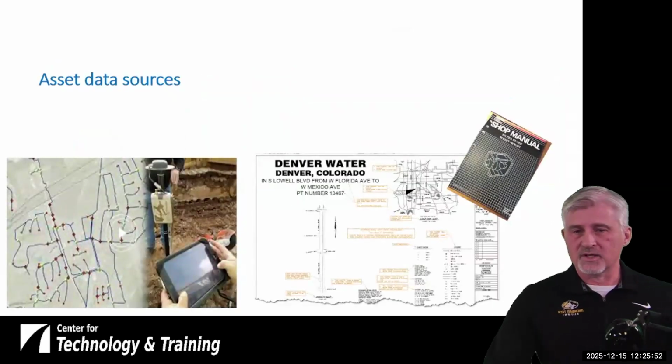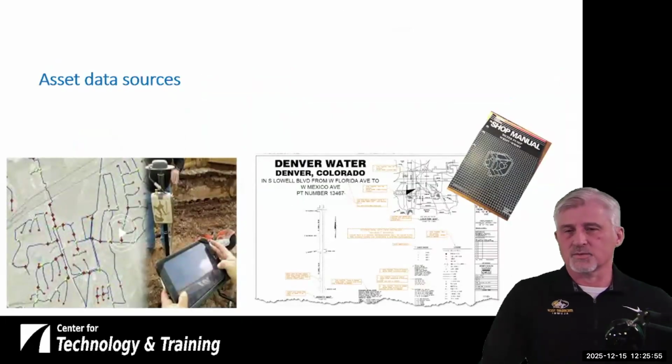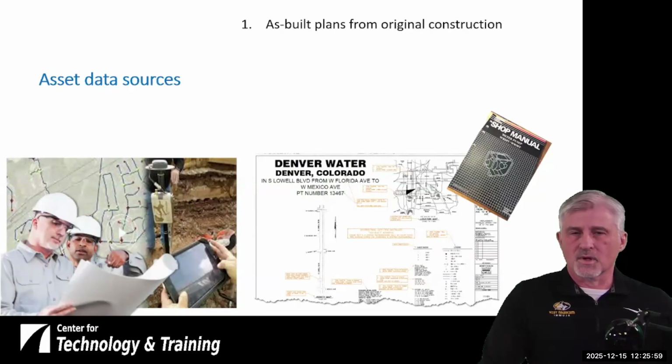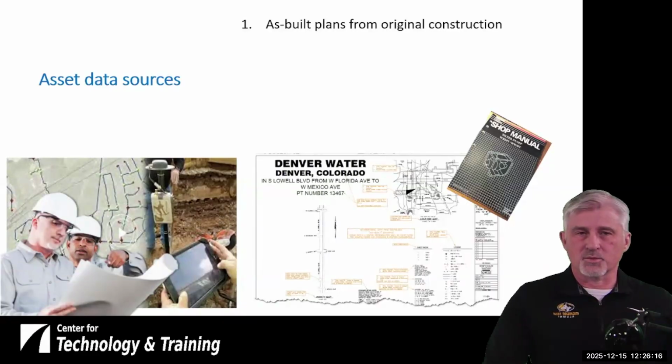And this will all help us make decisions about what we're doing with our infrastructure in the future. Where do we get our information from? There's a lot of different places we can get information from. As-built plans, that's a great source. When something was built, the engineer came along, and they had the original plans, but this is how it was actually built. They give the community those plans. Those are one of the best sources of what's actually out there and how it was constructed.